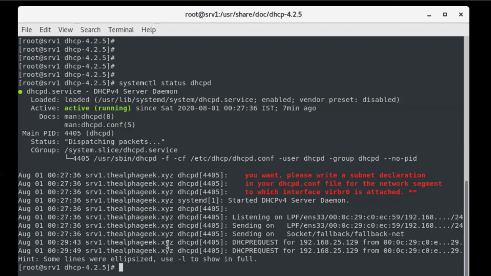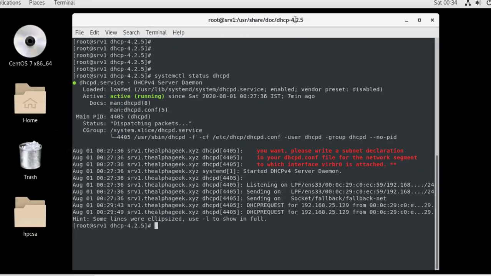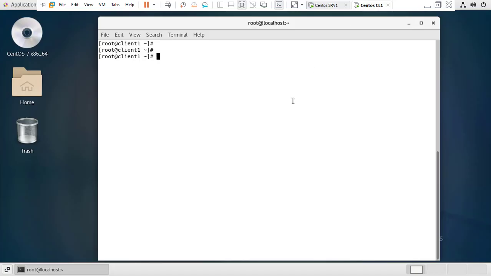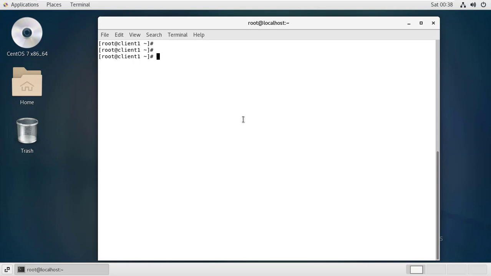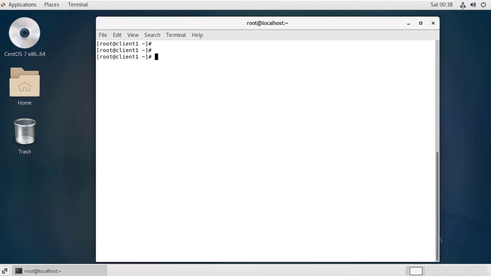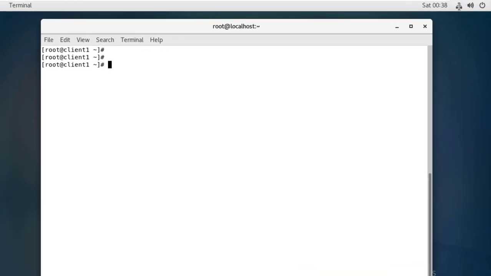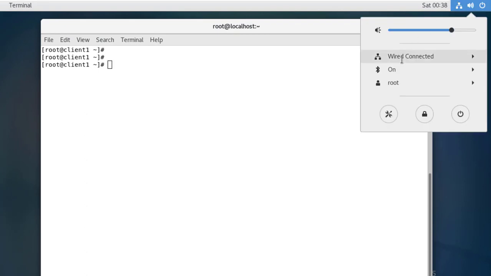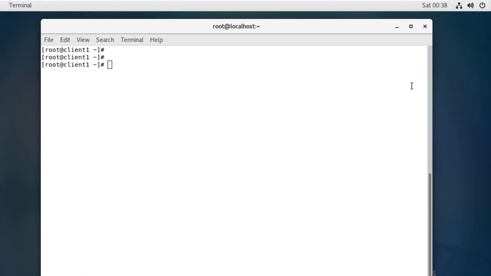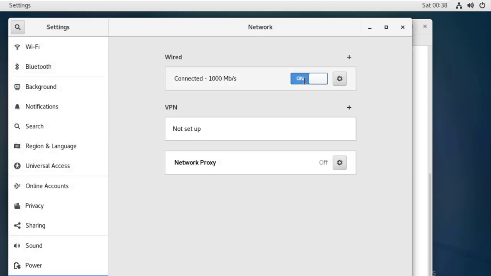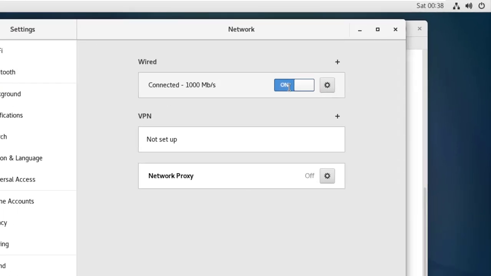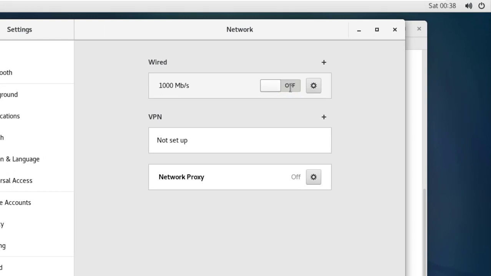Now let us go into the client machine. Let's go to the Ethernet settings in the top right corner. Click on that, then click on wired connected and wired settings. In this you can see a small toggle that we can switch on and off. Just turn it off and switch it back on.